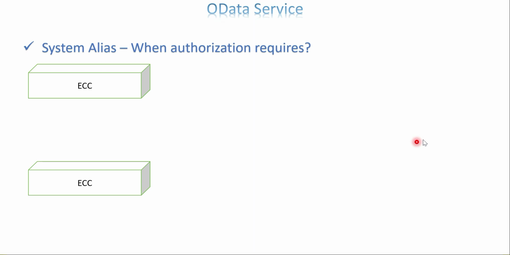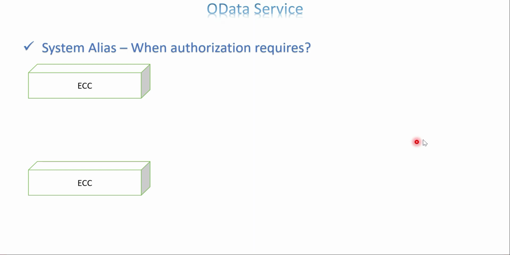So the next one is when authorization is required. Okay, so I have OData services. On what basis does the authorization trigger? Authorization is nothing but, if the service is not authorized for a particular user, very technically the service is